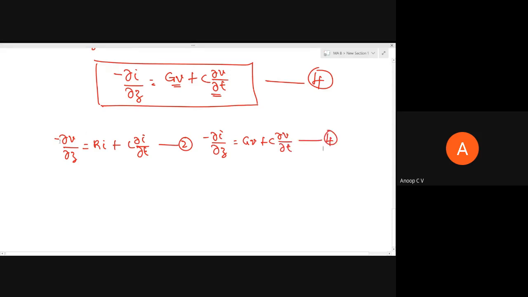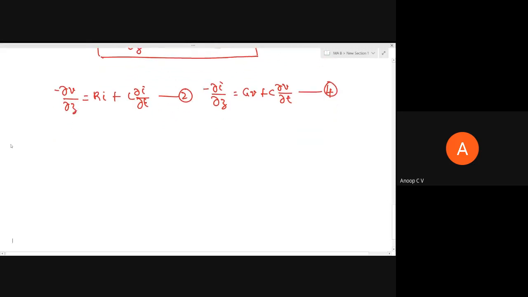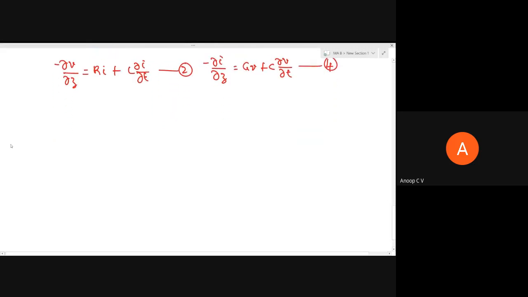Now we have to move ahead and obtain the transmission line equation. As I told, it should be a second order partial differential equation of only V or only I. But here these telegraphist equations are coupled equations. So somehow, from this equation, if I can get rid of this I and dou I by dou t,